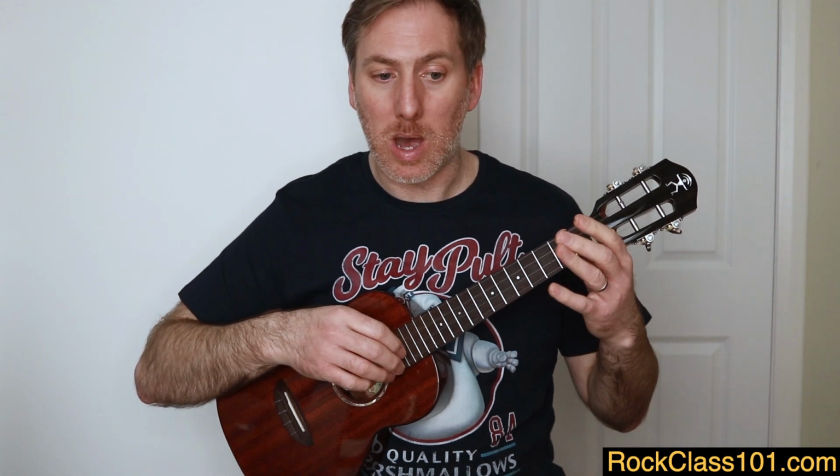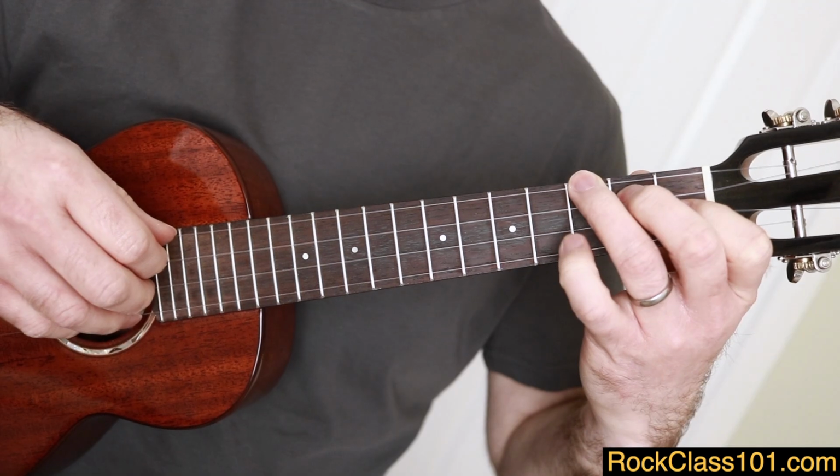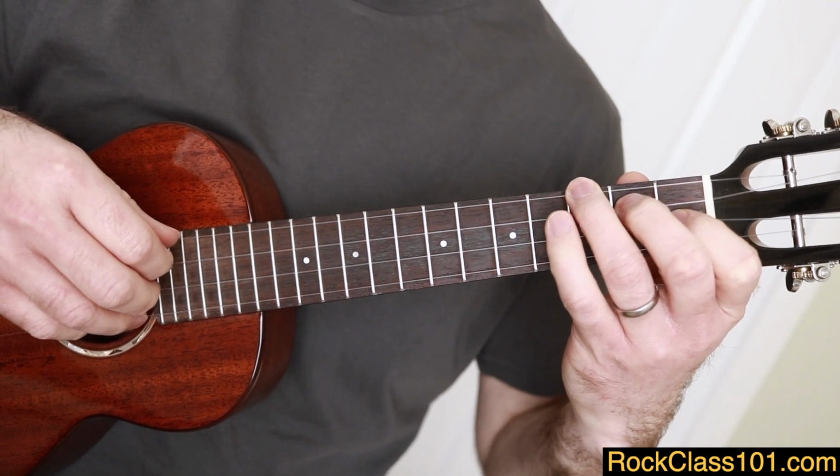Okay, so let's have a go at playing measures 3 and 4 together. 3 and 4 and...